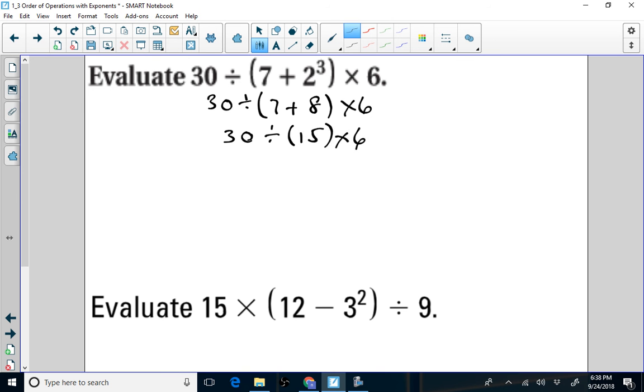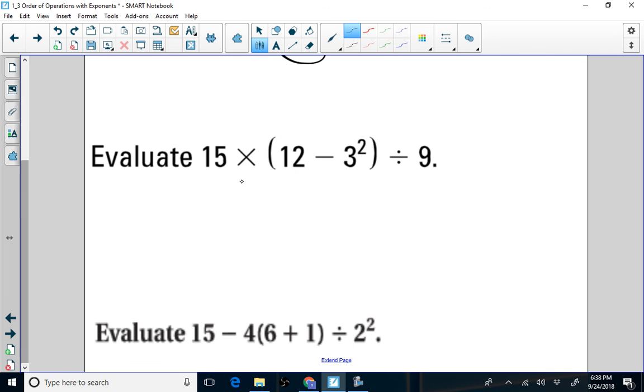Now here's an example where multiplication and division we have to do from left to right, and the division comes first from left to right. So 30 divided by 15 is a 2 times 6. That should be 12. We have a parenthesis, and within the parenthesis we have an exponent, so that's 15 times